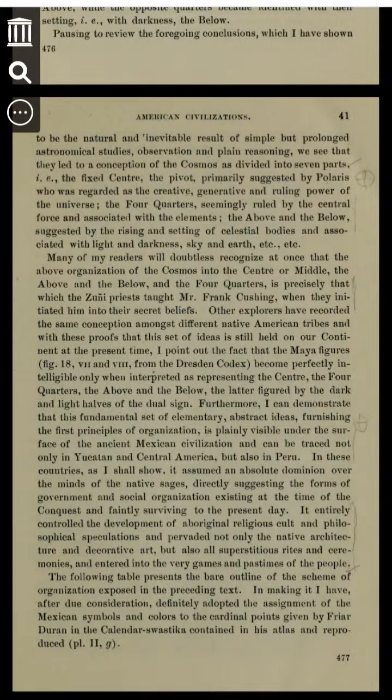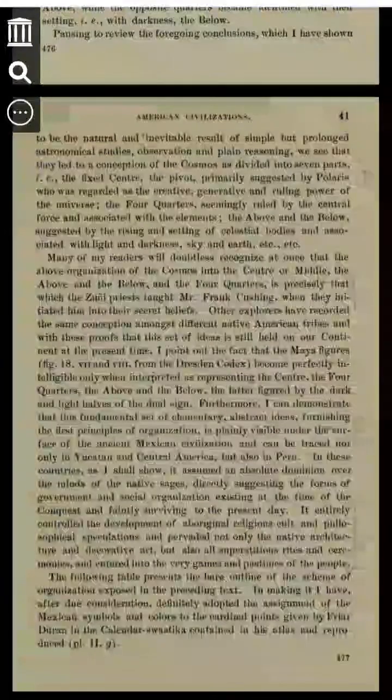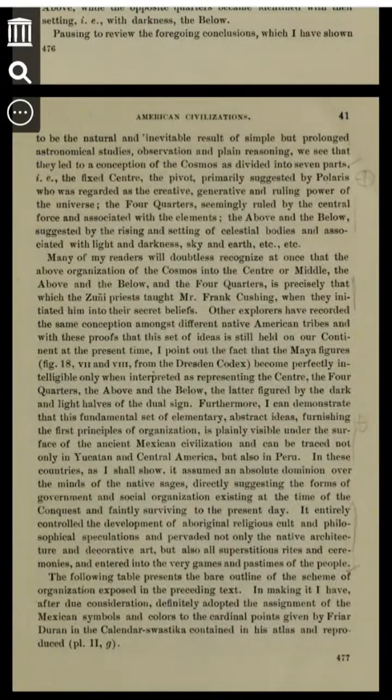The four quarters, seemingly ruled by the central force and associated with the elements. The above and the below, suggested by the rising and setting of celestial bodies and with light and darkness, sky